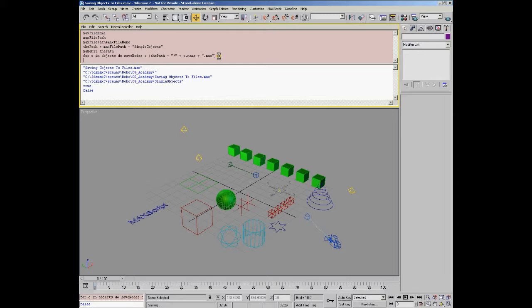Now let's call this function. MaxScript is now saving every single object to a separate Max file. And when it's done, we can take a look at the result. The function shellLaunch is equivalent